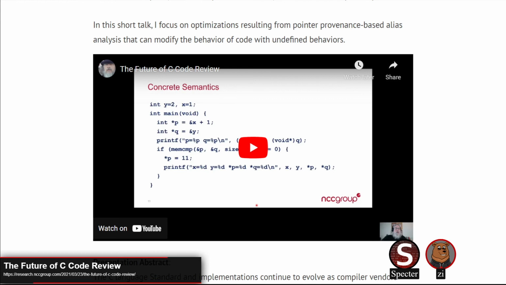Of course, they're accessing X, so it's not Y. It couldn't be Y, so they can make that assumption in their optimizations. So that's the specific case that he talks about in this presentation.